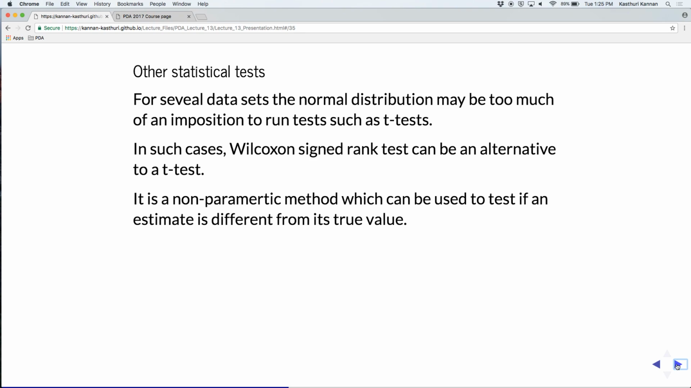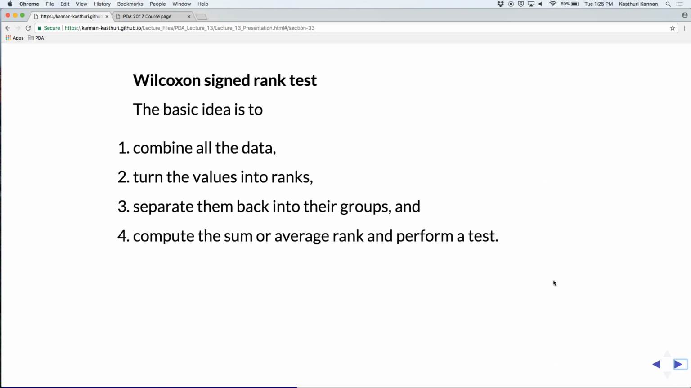So it's a non-parametric method, in the sense that there are no rigorous parameters like mean or standard deviation that can be used to test, but it's based on what is known as ranking, right? So the basic idea is to combine all the data, turn the values into ranks, okay, and then separate them back into their groups, and then we compute the sum or average rank and perform a test. So the sum is performed on the rank, and that is why even if you slightly change some values, the Wilcoxon signed rank test will give you almost the same result; the p-value will not change or the confidence interval will not change,